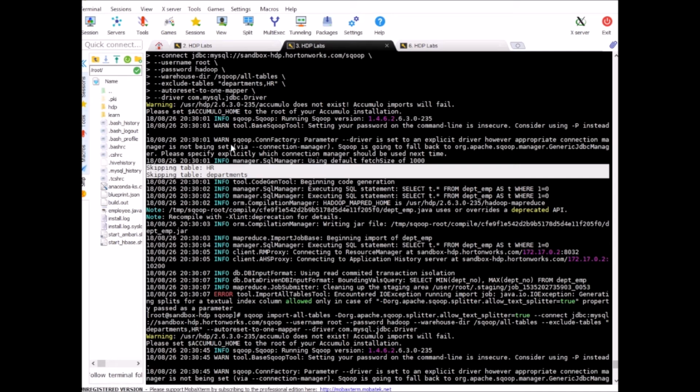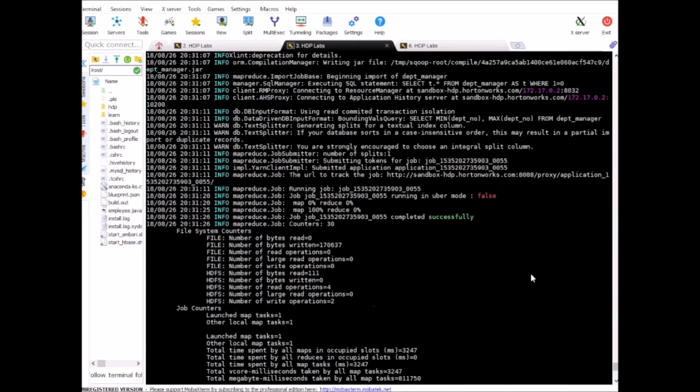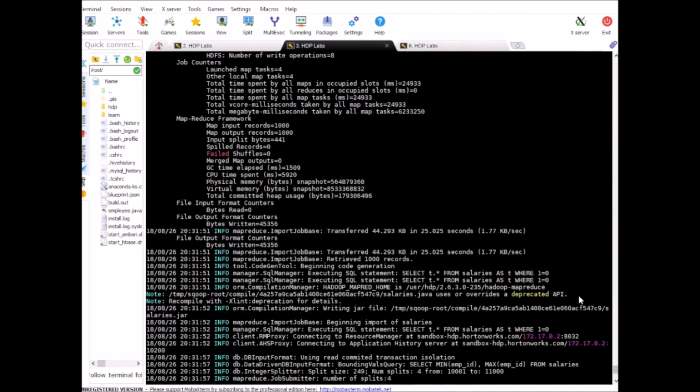Right at the very beginning of the execution, it pulled up the list from the source database and skipped the tables which we don't want to import, and it proceeded with the next table in the list. Okay, so this is very handy. Let me see if it has finished.